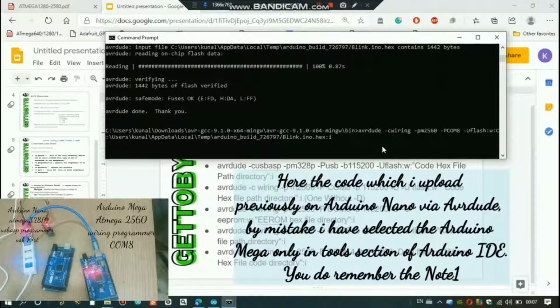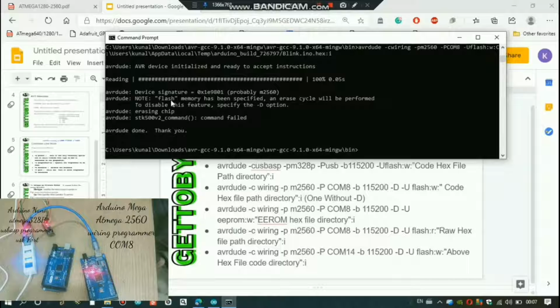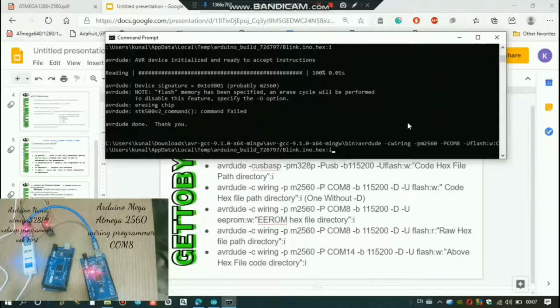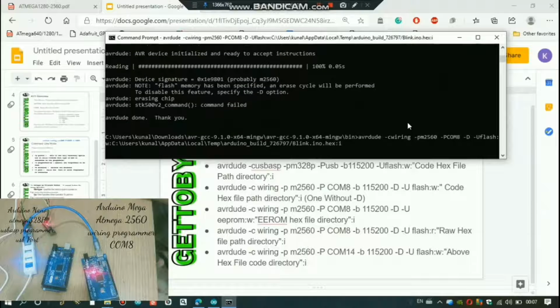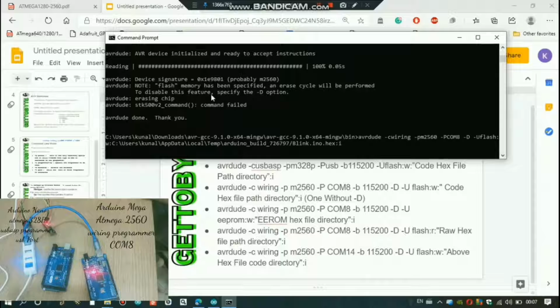Okay, at first you will see there will be an error coming. It shows to disable this feature, like flash memory is specified and erase cycle will be performed. When this error comes, rewrite the same command. Just before the minus U, type minus with a space, minus capital D. The minus capital D performs the disabling of the erase cycle.